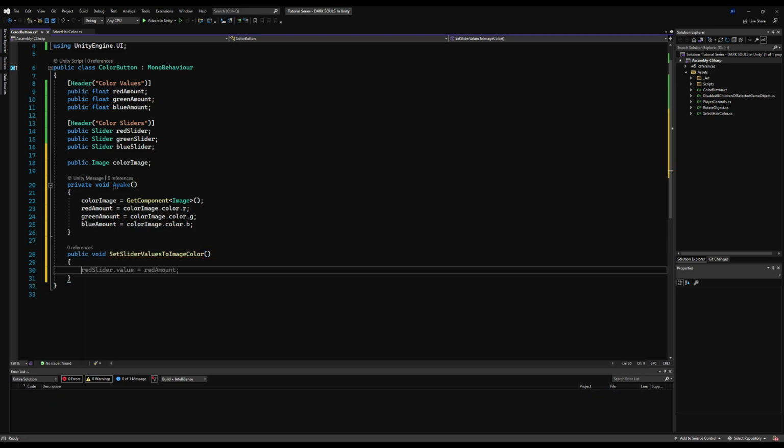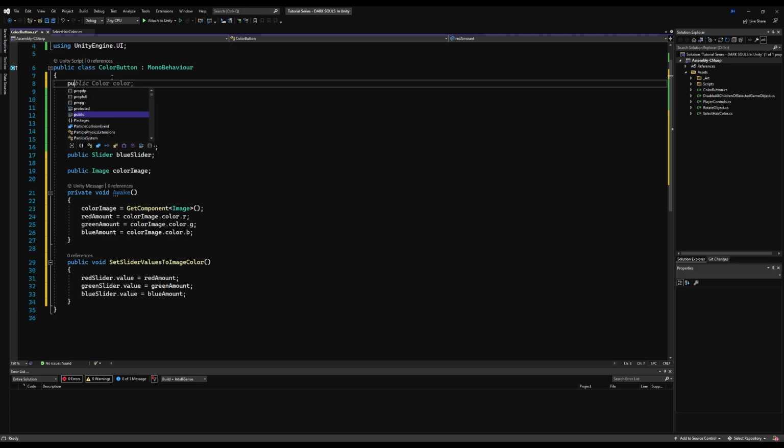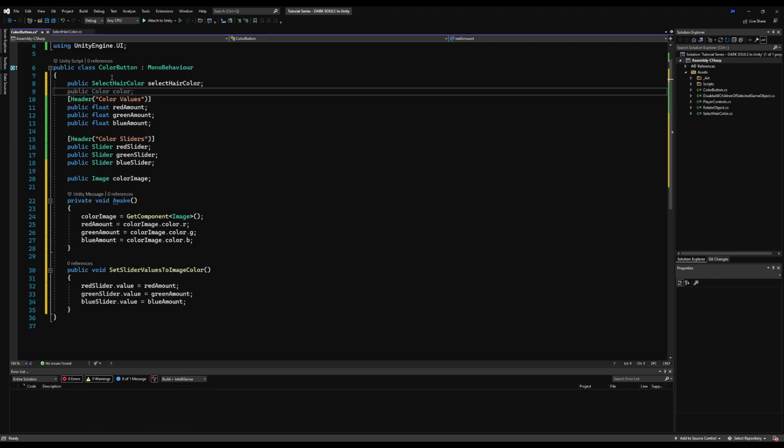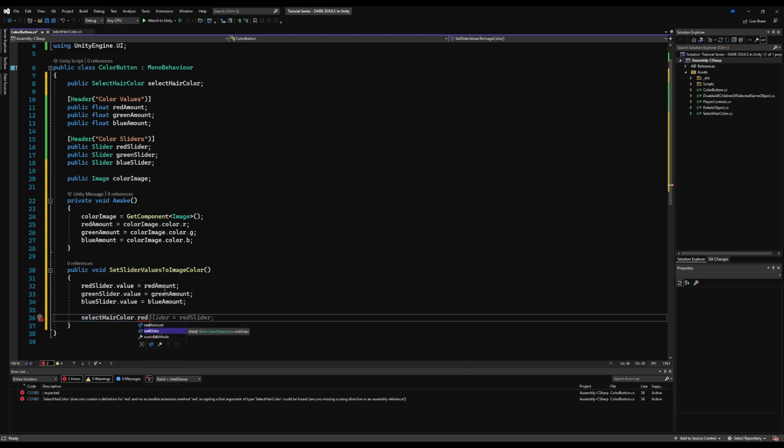We're going to change the color sliders here to the values that we grabbed from the image on awake. So basically, if you change the color of the image in the inspector, these values will change on awake. So red slider dot value equals red amount, green slider dot value equals green amount, blue slider dot value equals blue amount. Then let's reference our public SelectHairColor script, and then down here we can say selectHairColor dot,